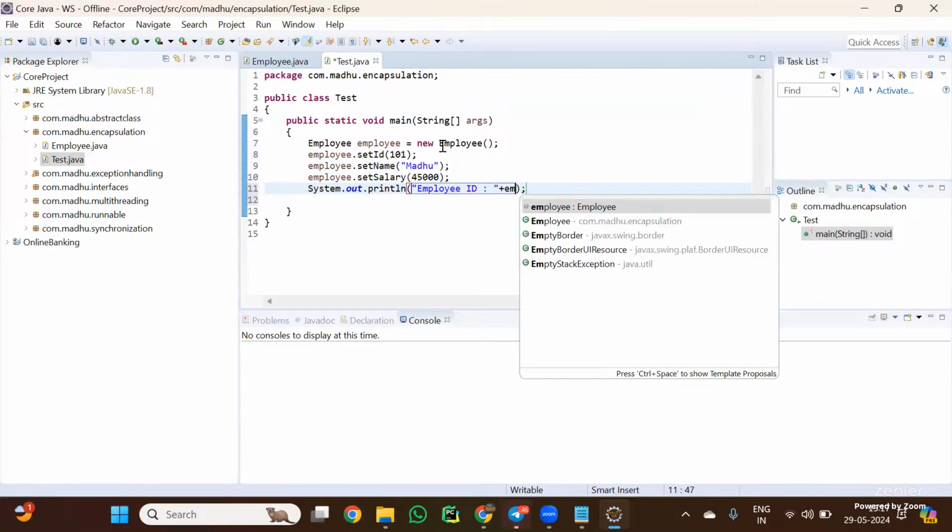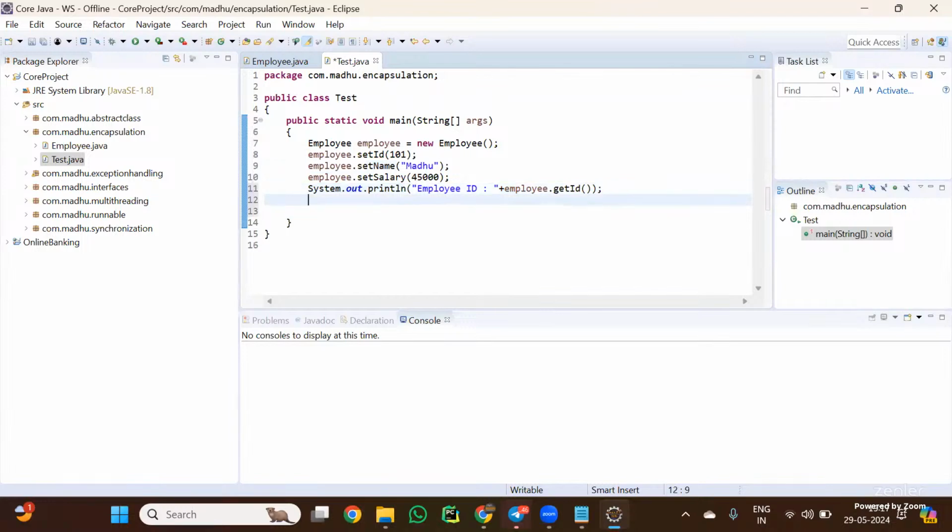Employee ID plus employee.getId(). Employee name plus employee.getName(). Employee salary plus employee.getSalary(). Save it. Before executing this code as a part of this example, I want to explain about this keyword as